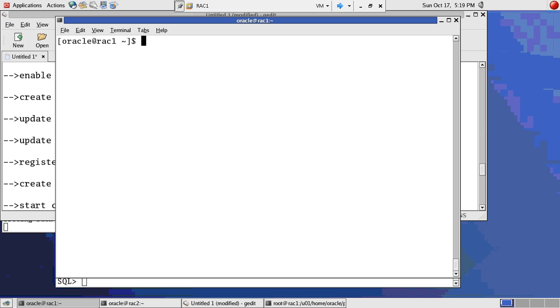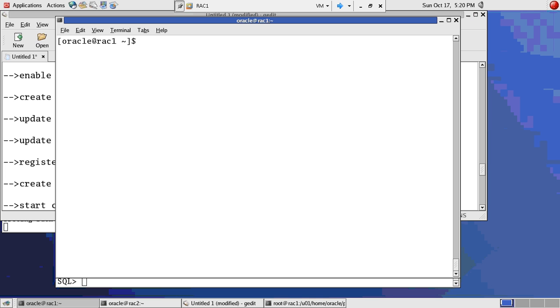For that, we will install local RDBMS, clone through that, and through rconfig you are going to migrate to your RAC environment. Okay. Then after that, the next thing you have to do is